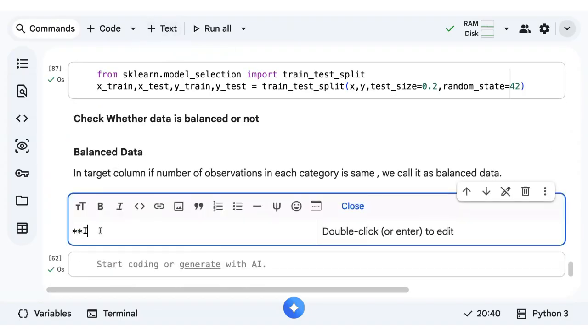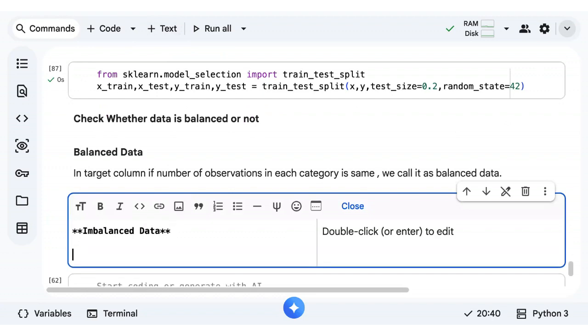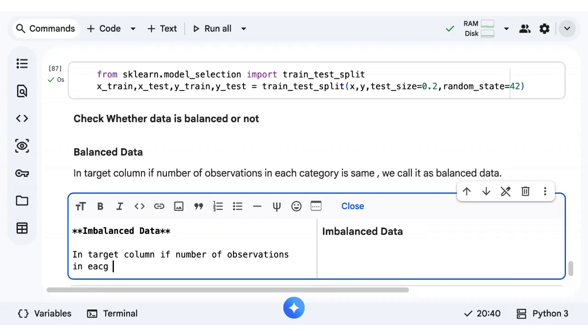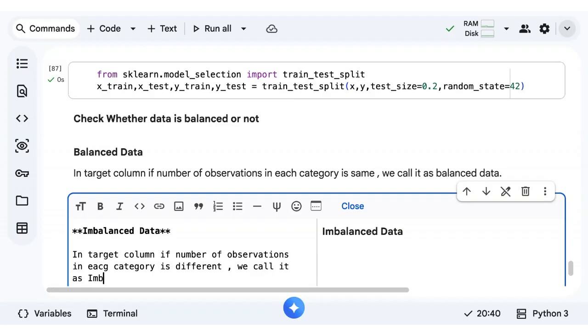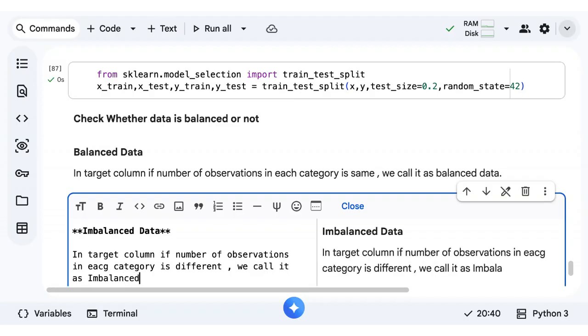So similarly, imbalanced data in the sense, in the target column, if the number of observations in each category is different, we'll call it imbalanced data.